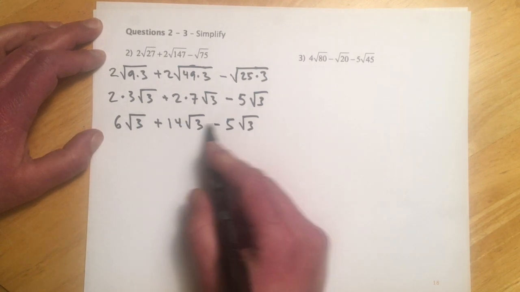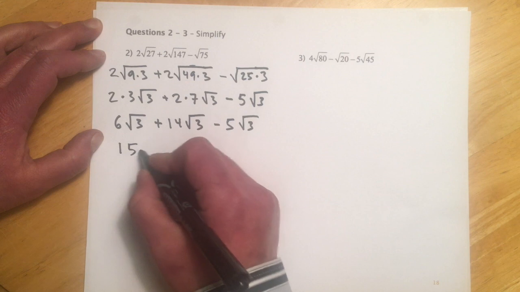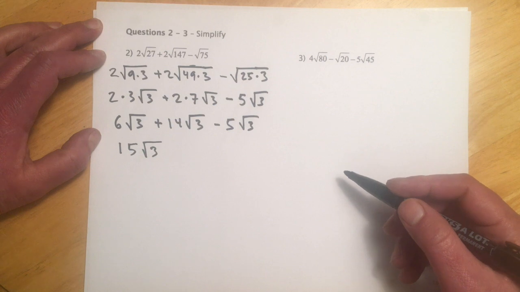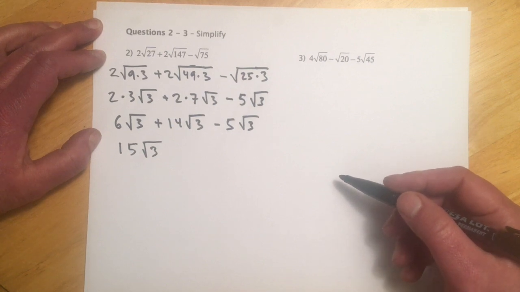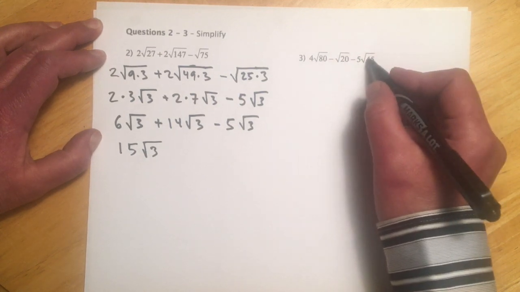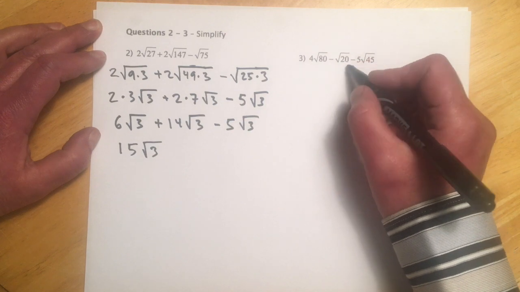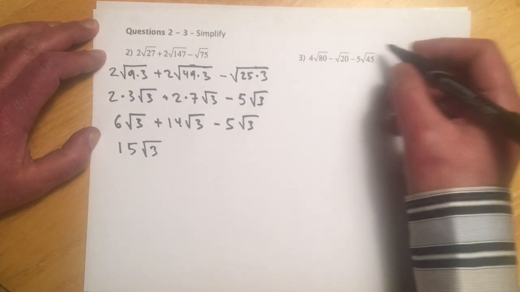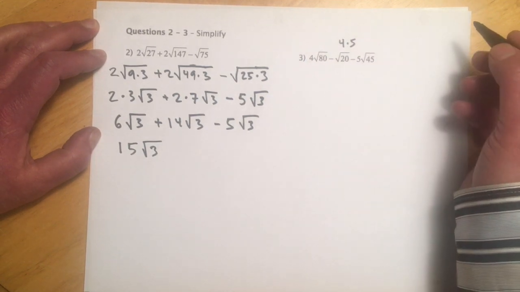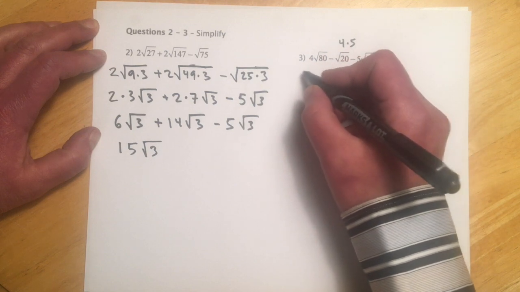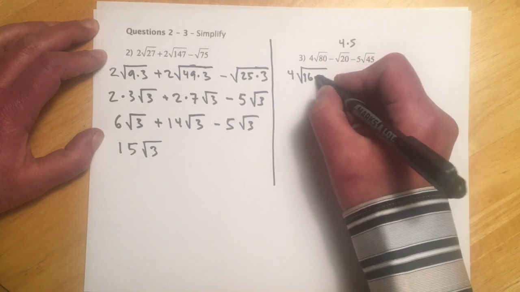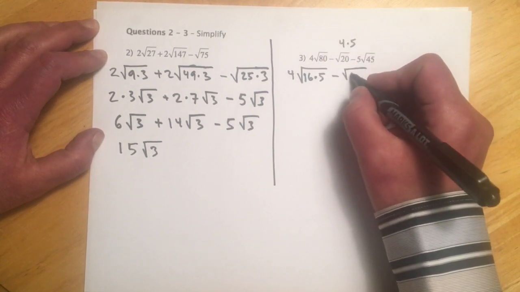So that's 20 root 3's minus 5 root 3's, I think we get 15 root 3's. And then this next one, this would be, let's see, 40, 20, and 45. So the easiest one to probably see is the 20, and that's going to be a 4 times a 5 in there, and it kind of lets you know there's going to be a 5 left over everywhere. So this would be, just going to do that, 4 and then 16 times 5 minus 4 times